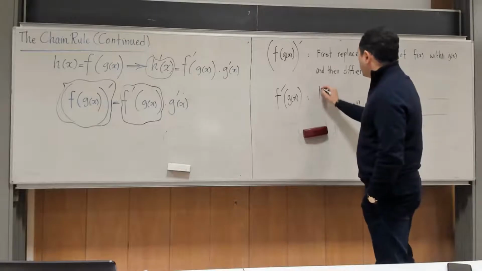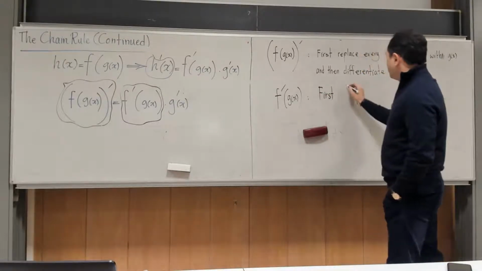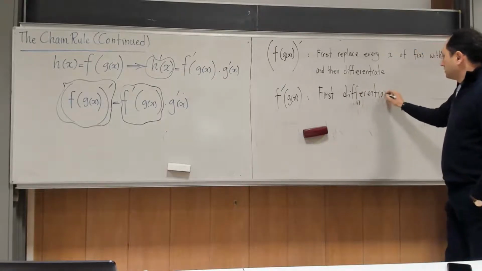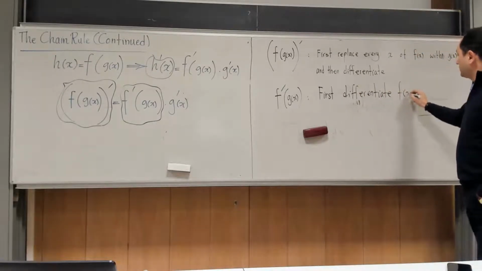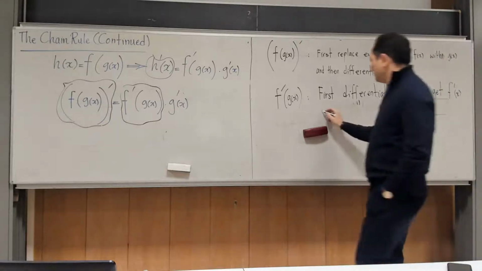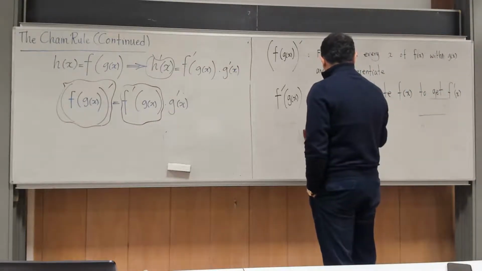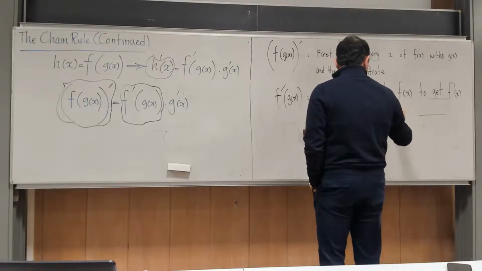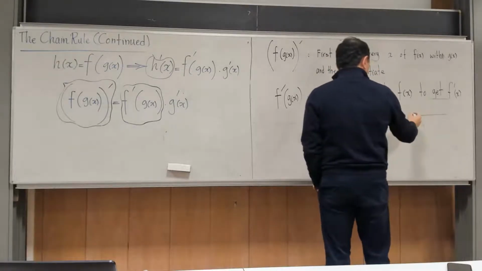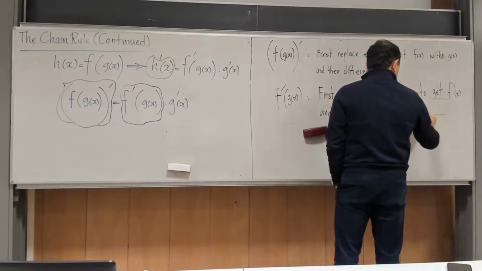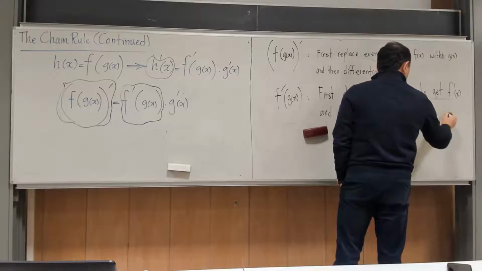So first, differentiate f of x to get f prime of x, and then replace the x's in f prime of x with